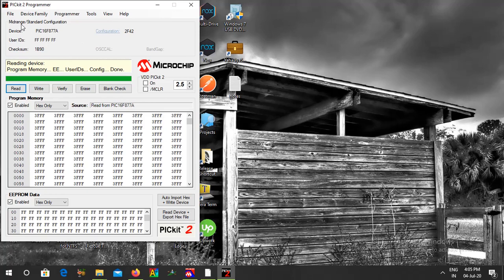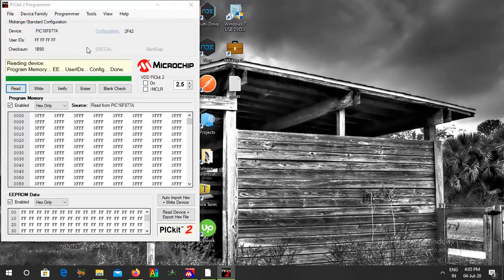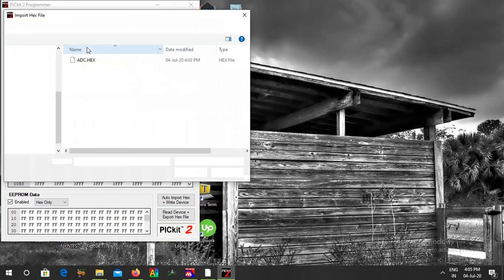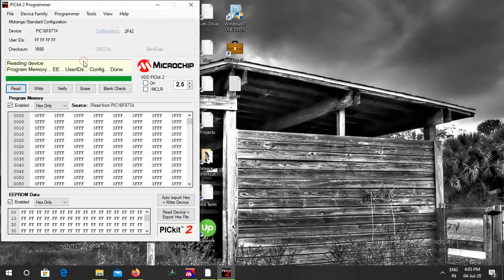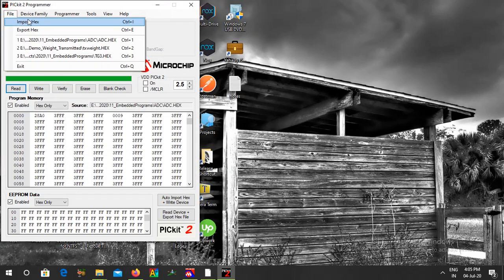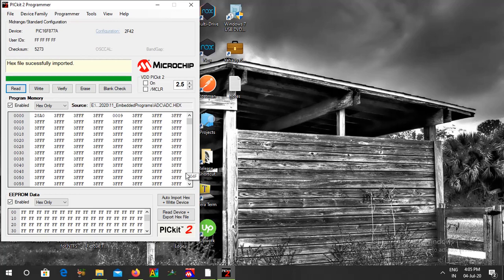Okay, let me import my hex file. This is my hex file that we created now. I imported the hex file.